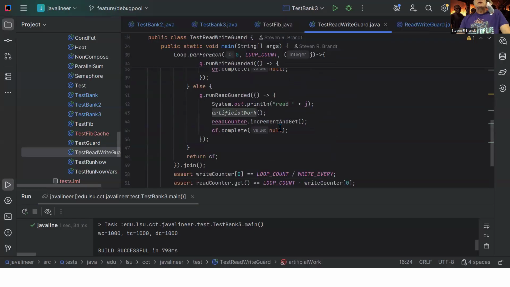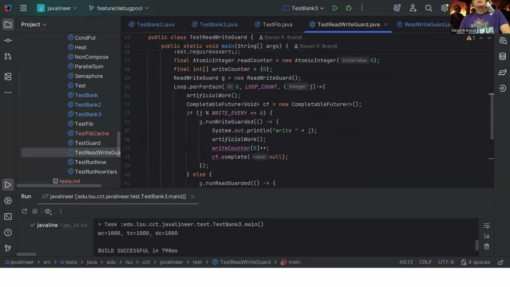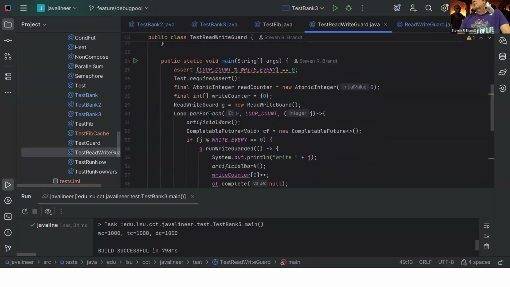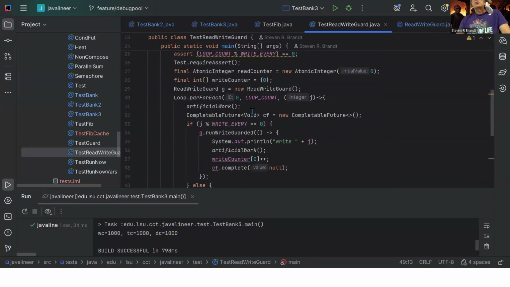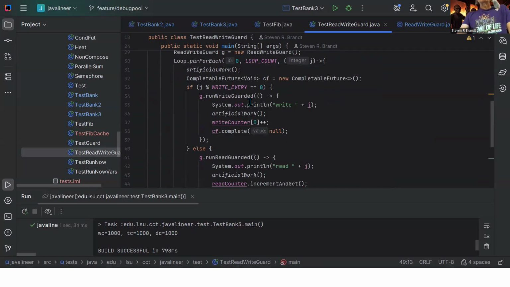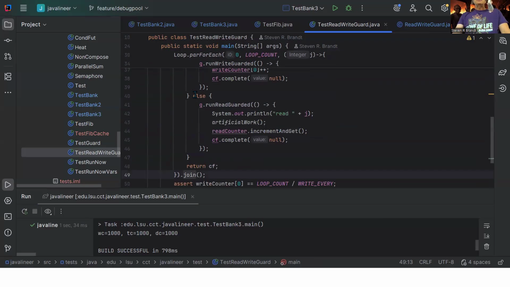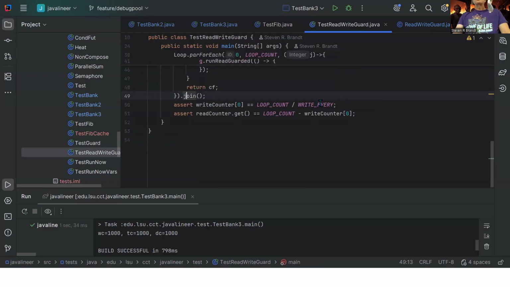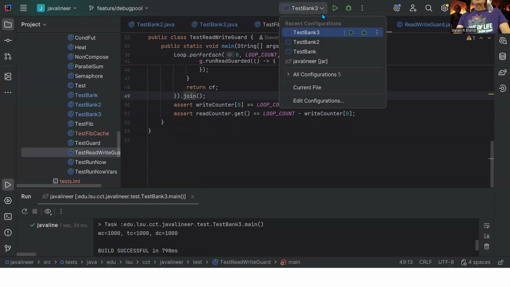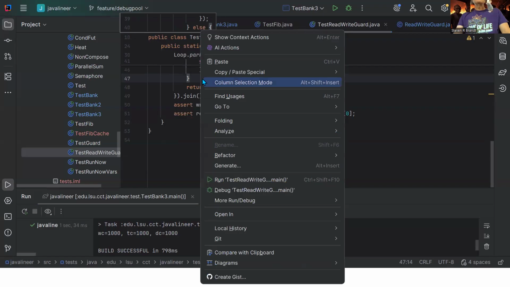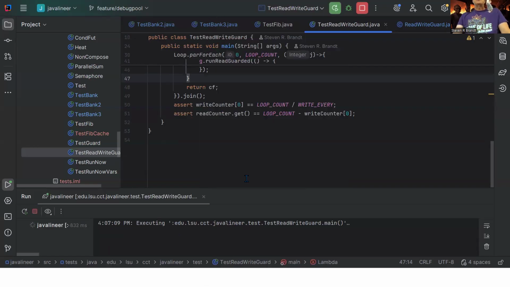And then it's going to do another one of these par for each things, right? And just launch a bunch of tasks. I think about 10% of them are write tasks and the rest are read tasks. And then we just ensure that we get the right number of writers and readers run at the end. That's not in here, so I have to schedule that one. I have to call this one this way. And this should fail